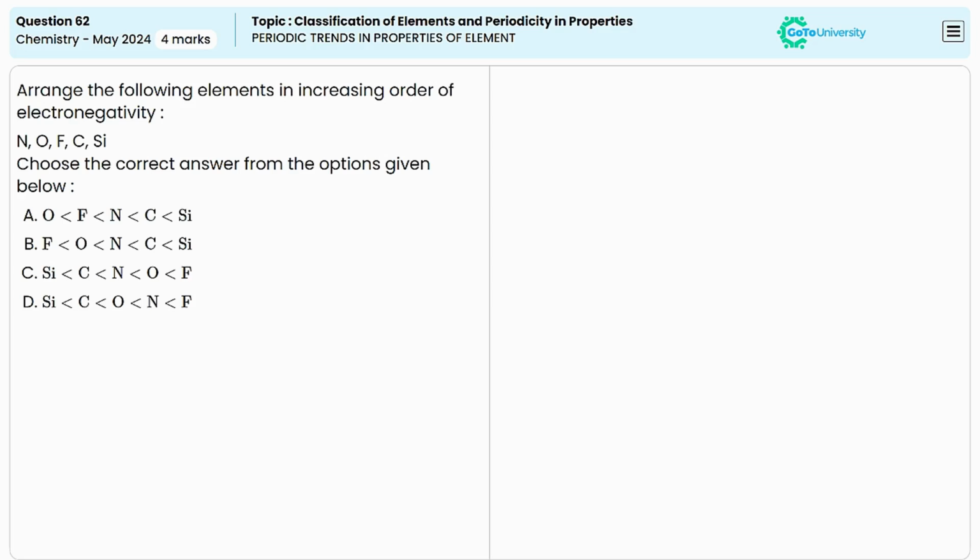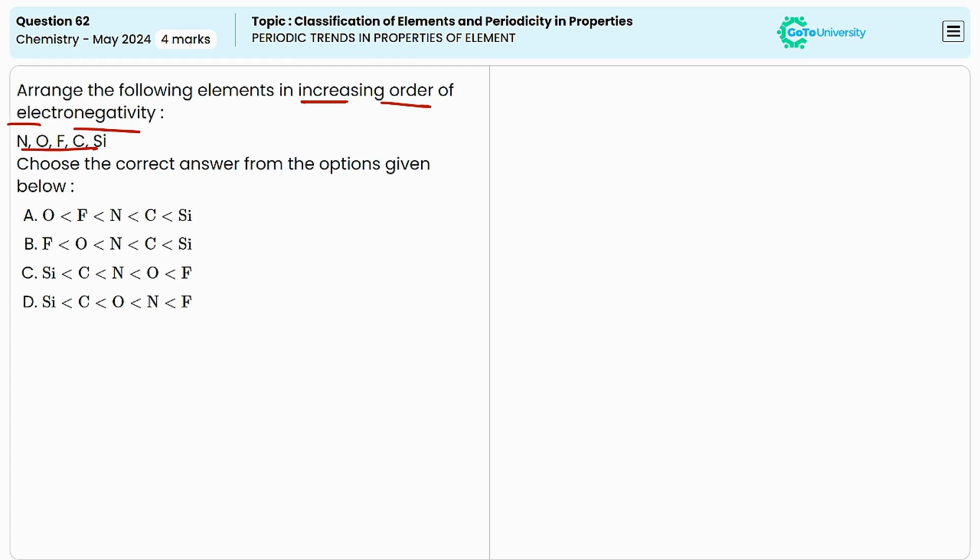In this question, different elements are given. We have to arrange them in increasing order of their electronegativity. Electronegativity is the ability to attract the shared pair of electrons in a covalent bond. And this electronegativity increases when we move from left to right in the periodic table, and it decreases